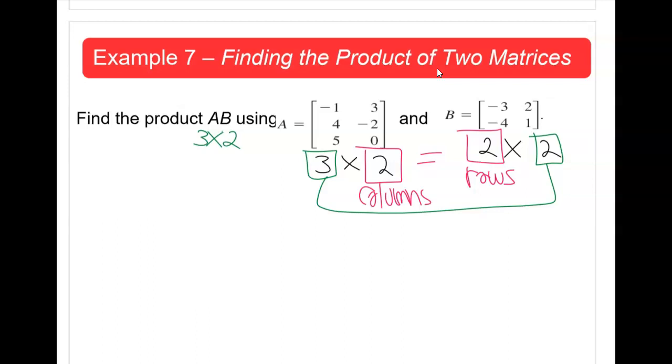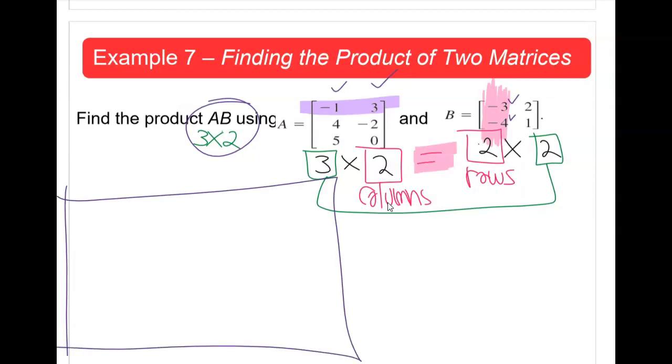Okay, so we mentioned that we were going to take the rows from matrix A and multiply them by the columns of matrix B, like you could see here. That is why we have to have this number in the middle matching, so that we have 2 entries here, 1, 2, because we have 2 columns, and 2 entries here, 1, 2, because we have 2 rows. So let's get started. Since we know the resulting product will be a 3 by 2, I want you to draw a rectangle that will have